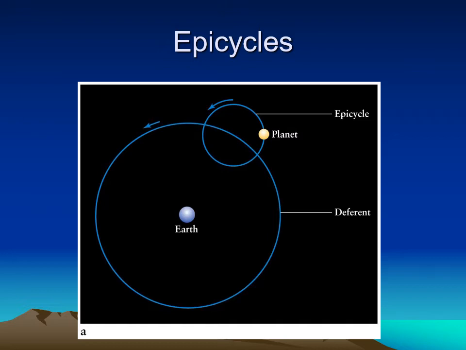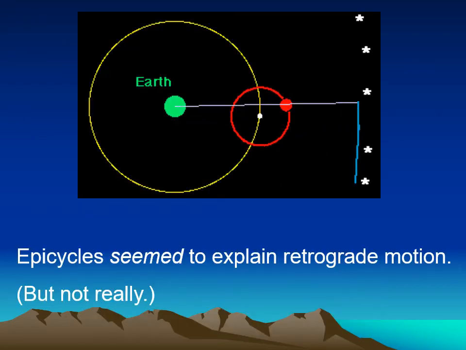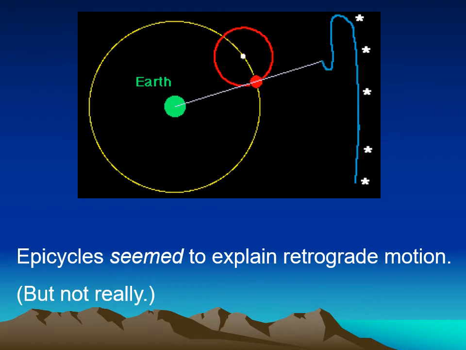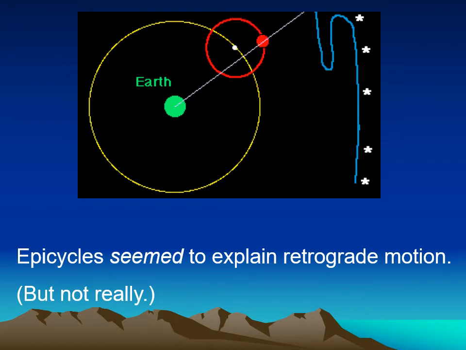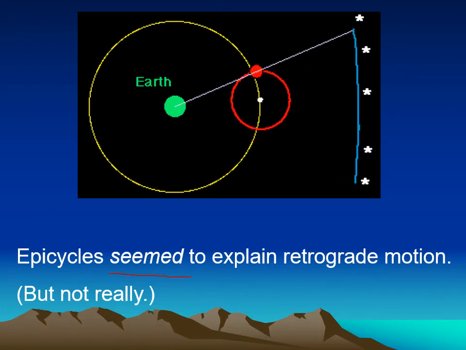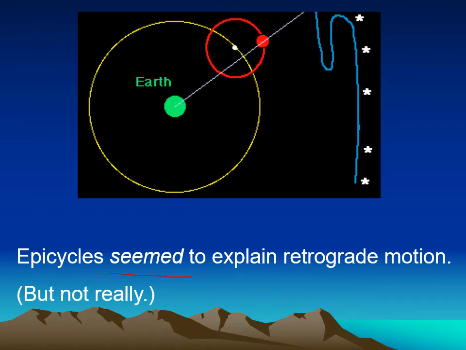But his idea was that the planet would do these little loop-de-loops like this, and if you're looking at it from Earth, it would look like it's occasionally moving backwards. And so this was kind of right here a schematic of that sort of thing happening. And again, it looks like without doing math, this idea would work to explain retrograde motion.